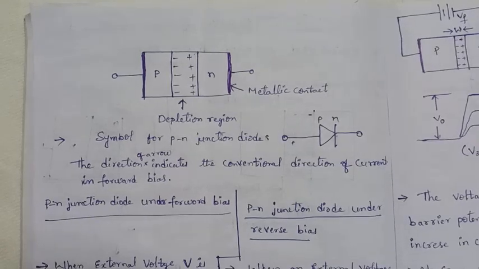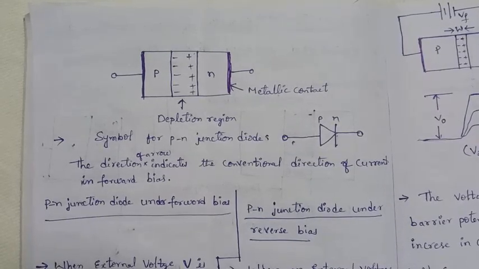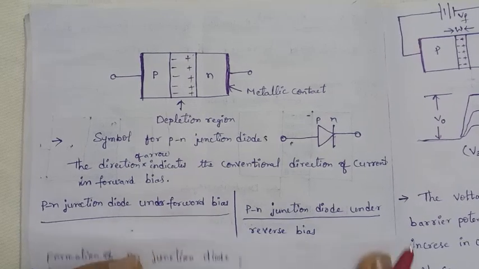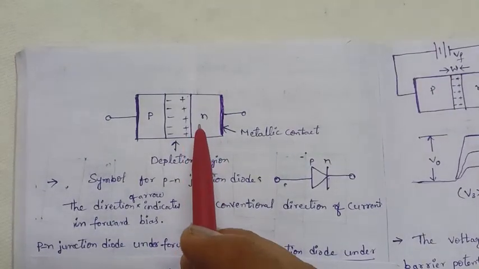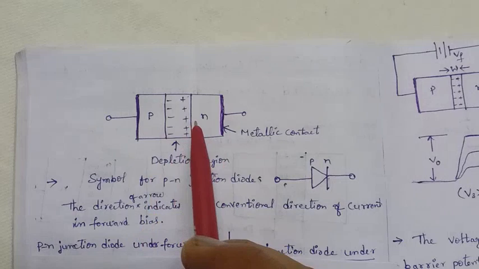Good morning, students. From the previous class we learned about the formation of the PN junction diode. Now we will discuss what biasing is and what the VI characteristics of the PN junction diode are. Because the majority carriers diffuse from N to P,